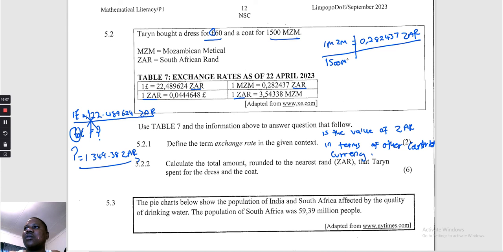1,500 Mozambican metical equals a question mark. Then what do we do? Cross multiply. Question mark multiplied by 1 becomes a question mark, which equals 1,500 multiplied by 0.282437, which is equals to